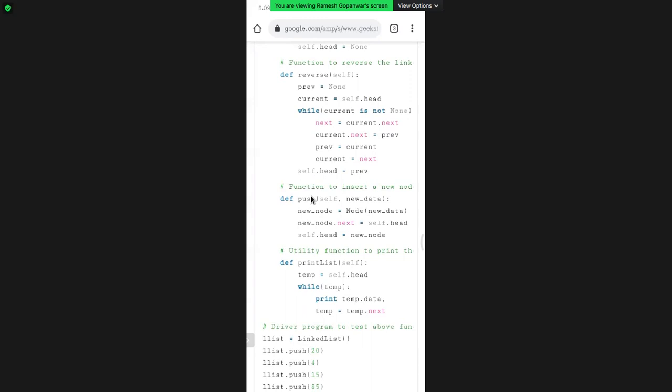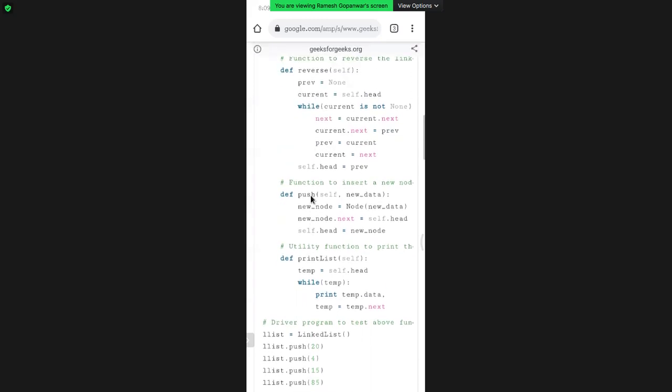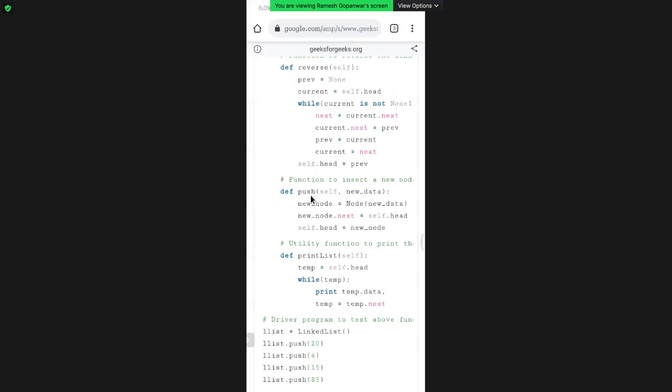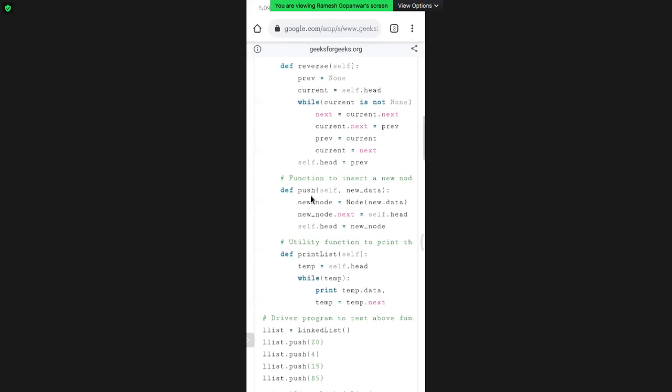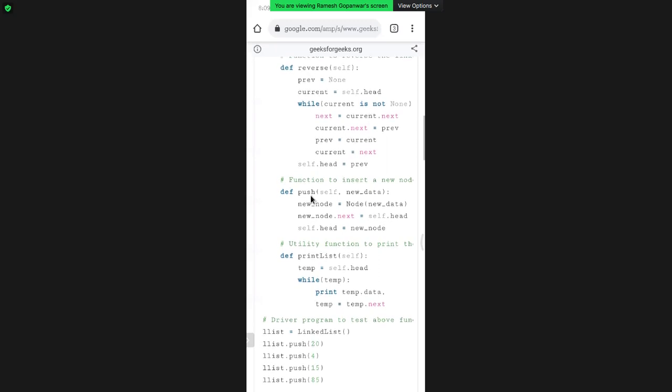Sir, if the linked list is 1, 2, 3, 4, the current data is 1, sir. Here next is equal to current dot next, that means next is equal to 2. Moving forward, current dot next is equal to previous, sir. Initially, previous is equal to none, so for the next, we consider none, sir.